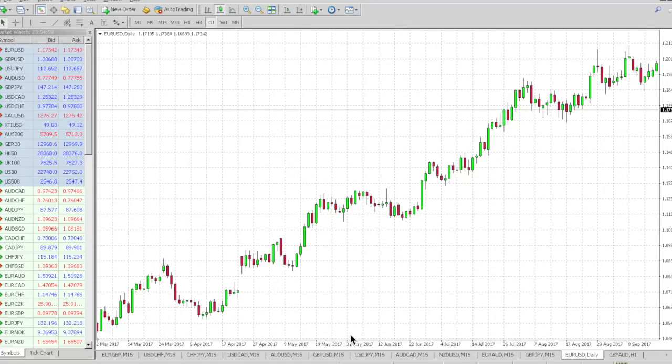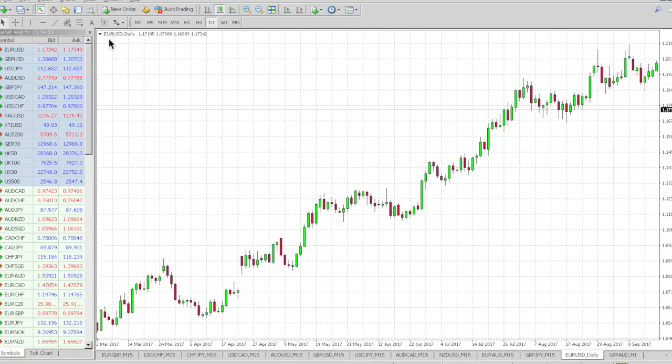So what I'm using is the MT4 platform, which is the trading platform that most traders use. And most Forex brokers use the same MT4 platform. And in the lesson on technical analysis, you're going to be learning exactly how to set up the platform and how to use all the charting software. But for now, I'm just going to show you some basics of how we trade in the different styles, right?